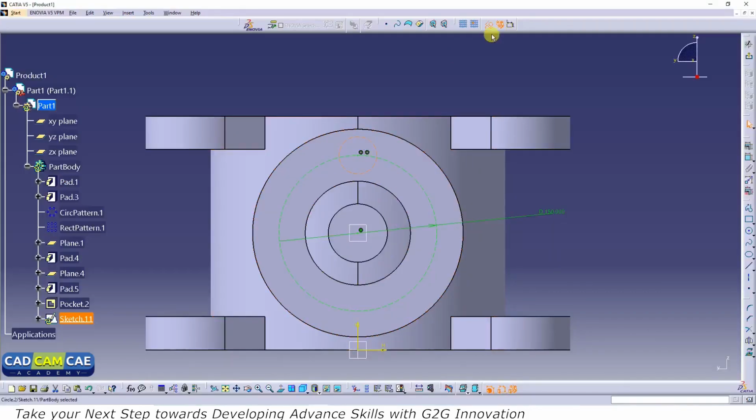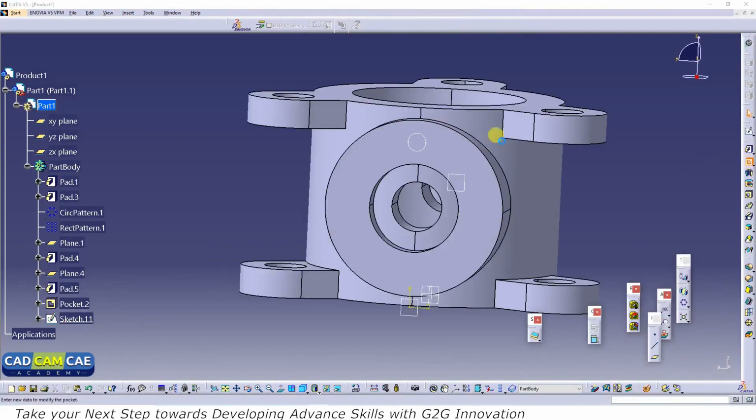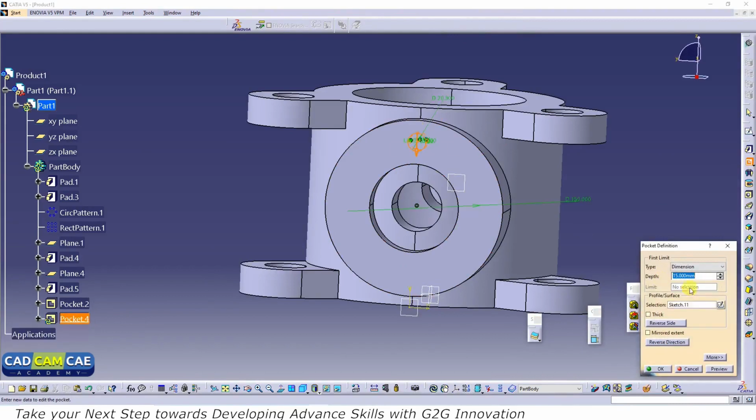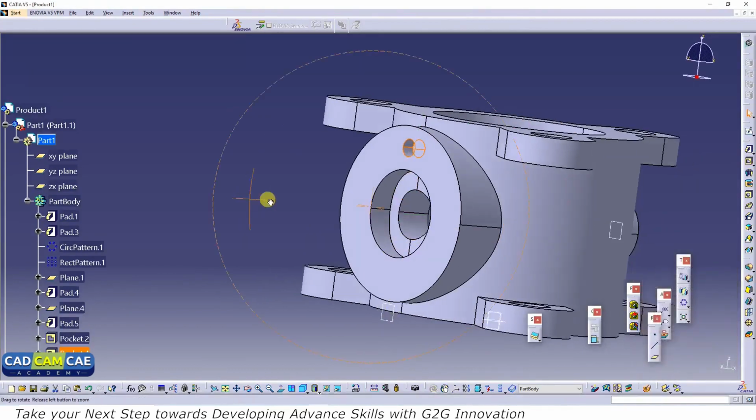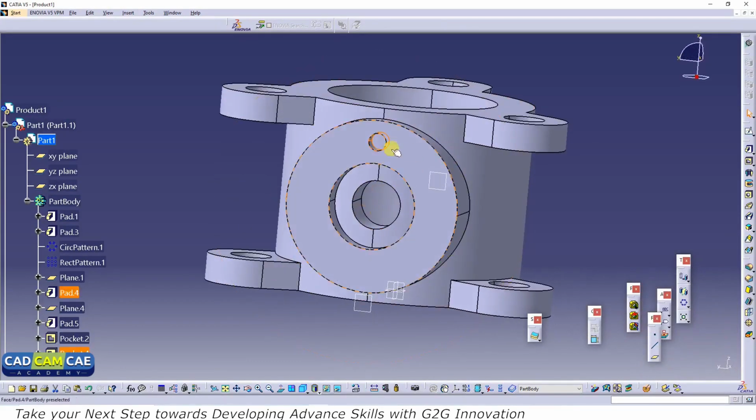Let's make it standard element and give the dimension 20.3 mm. So let's click on the pocket, select the sketch, and we want the depth to be 15 mm. Preview, and we have created the hole here. So now we can repeat and create 2 more holes by using a circular pattern, and we have a feature here, circular pattern. Click on circular pattern,